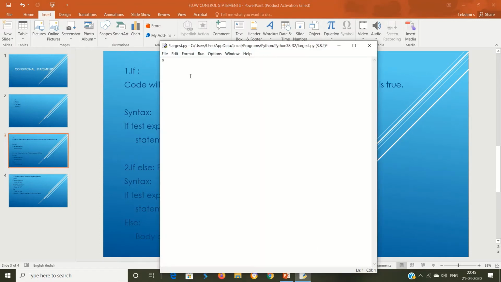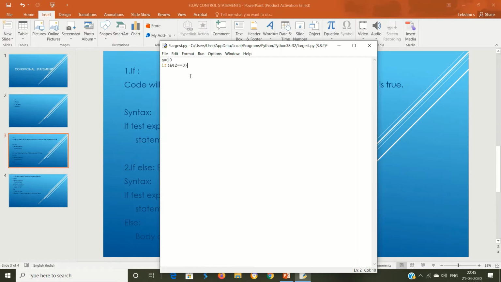Suppose a is equal to 10. Let a be a variable which holds the value 10, and I'm giving the condition like if a modulus of 2 equal to 0. Modulus means I am finding the remainder. So here I am finding whether the remainder is equal to 0. Now I think you people can guess what I am doing. I'm going to find out whether a is an even number or an odd number.